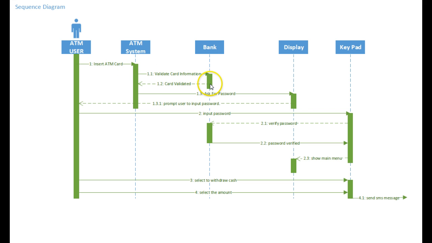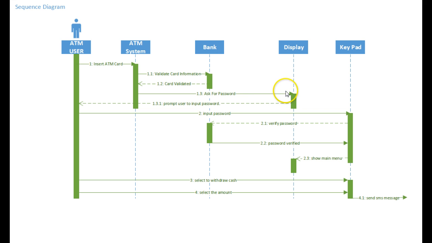In other words, that mag stripe has come back and the bank says, yep, that's a good ATM card that you can use at this ATM. And that's 1.2, and you'll notice it's a dotted line coming back. The return messages are dotted lines. Messages that are starting out are solid, and so 1.3, the ATM system is asking for the password,